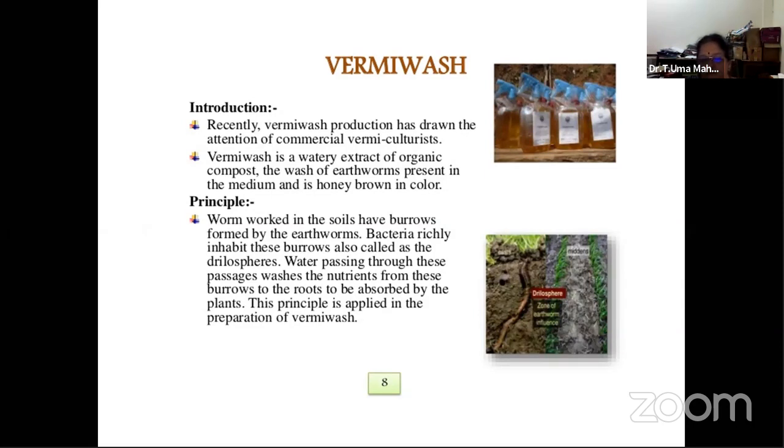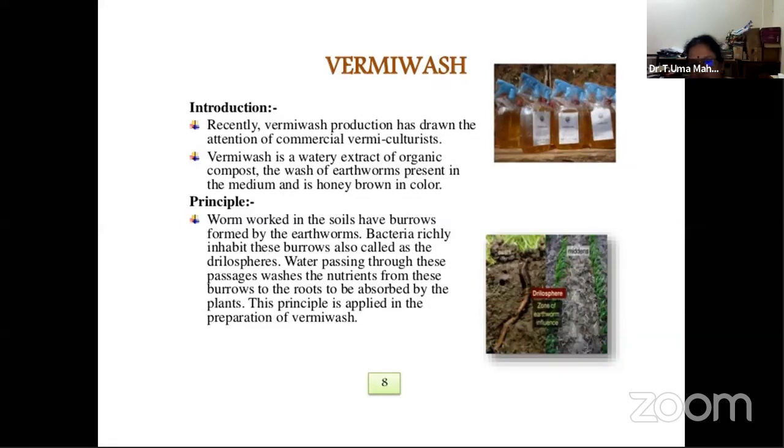But now we have one more additional material which we can get as a byproduct. In roof gardens, when you apply vermicompost to the soil, it has to be absorbed by the plant, and then it has to reflect in the form of growth or fruit yield. But now we want everything immediate. We want the immediate supply of nutrients. So here what we say is vermi wash, or vermi tea, which is the material we get from the earthworm. It is nothing but a watery extract of the organic compost and the wash of the earthworm.